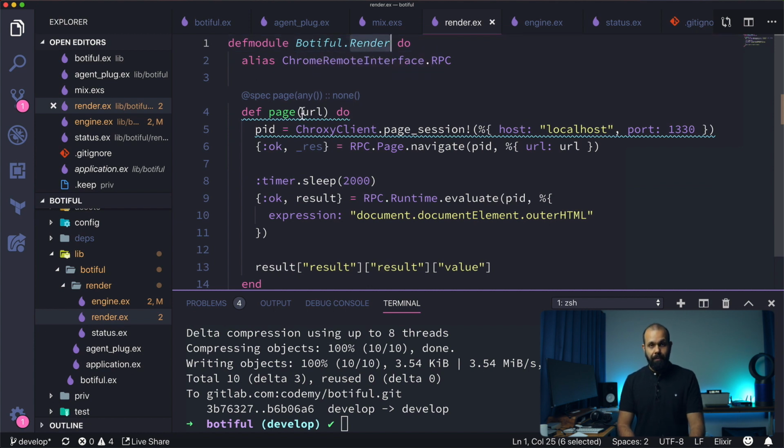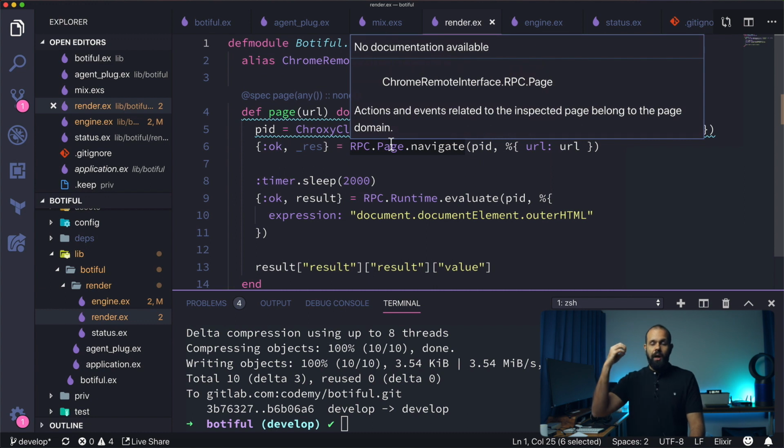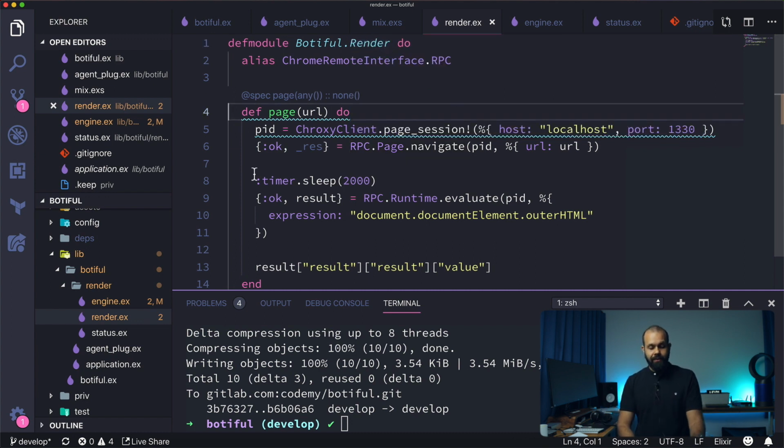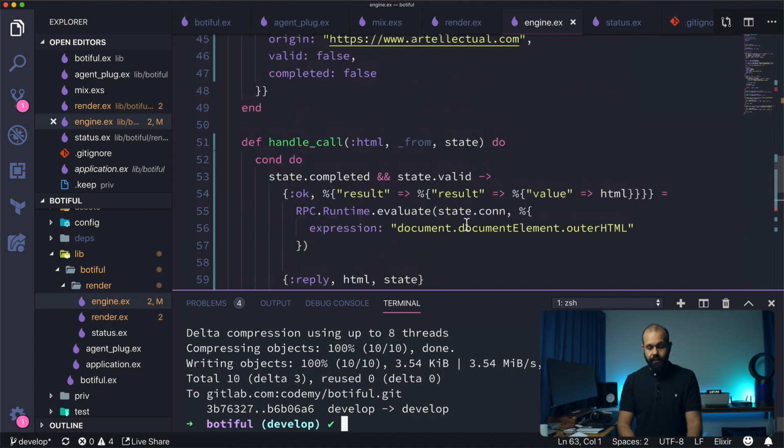And what we're going to do is call it in here in this Bodyful.Render. So we're going to implement a public function called HTML that is going to instantiate our GenServer, our rendering engine, and start the rendering process. And then we're going to call HTML on it. And if it's not done, we'll loop and wait until the page rendering is completed. So we'll implement all that stuff in the next episode. For now, let's start off this GenServer in our terminal,